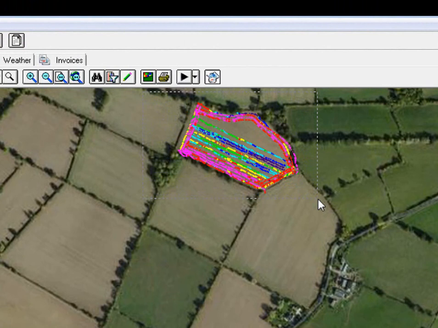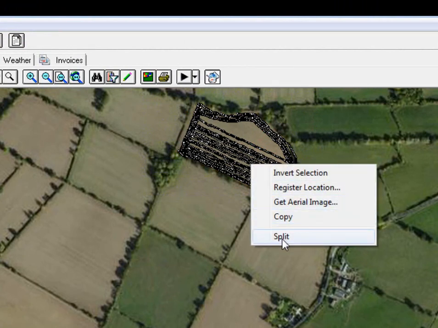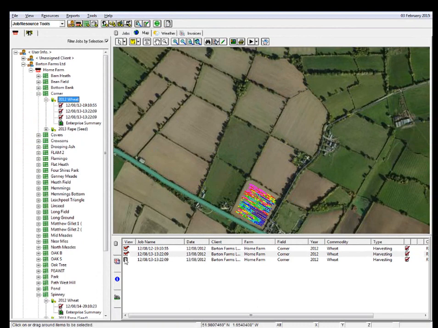I now drag my cursor over the whole of spinny field until it goes black and the points are live. I then move my cursor over the top of it, right mouse click and go split. Are you sure you wanted to split the selected points to a new job? I certainly do. So I click yes,